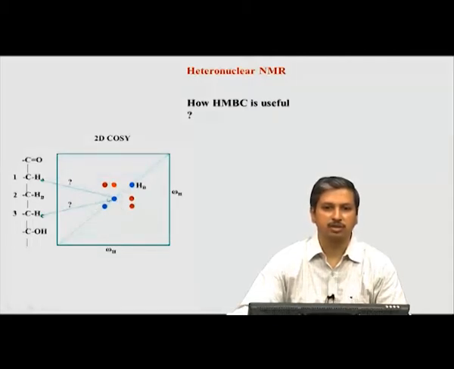The one thing is, you can say, look, chemical shift wise I can probably make a guess that out of these 2, one may be more downfield shifted, the other is less downfield shifted and so on. But that is not always possible in NMR, because we get a broad picture of where the chemical shift will be, but one cannot rely exactly on the chemical shift value to decide whether this is H a or H c. So, what we do in NMR is we have to rely on what is called correlations, chemical shift correlations.